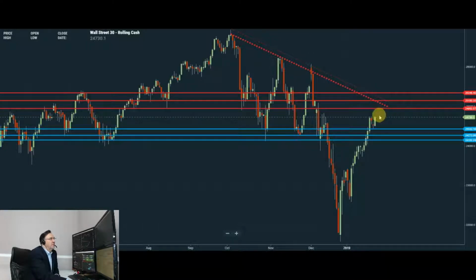A breakout above that level could potentially open up the way for the retest of this zone up here, 25,150, which is signified by the cluster of these previous lows here and also that falling trend line, followed by 25,350. Alternatively, either a spike into that zone and a pullback, or a pullback from the current levels, are initially supported to the downside by